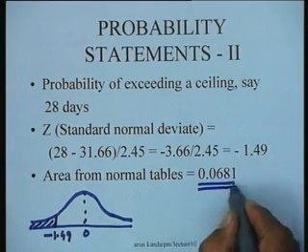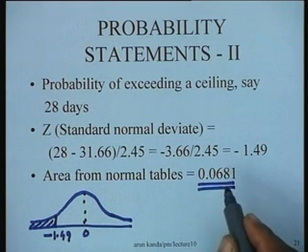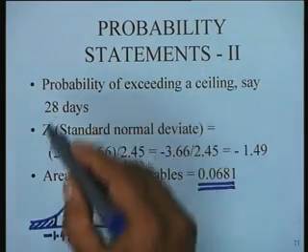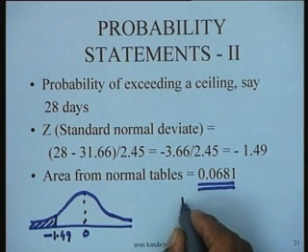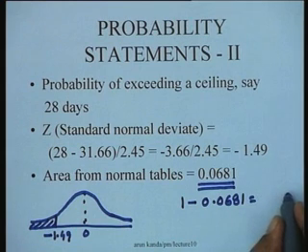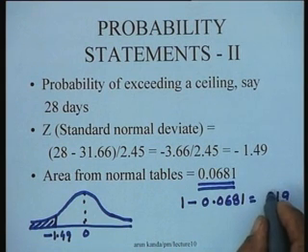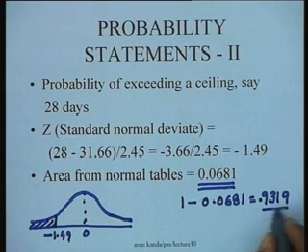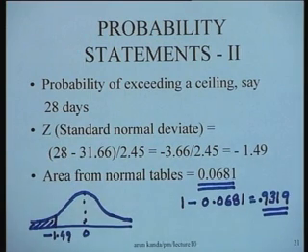So corresponding to this, we can say this is the probability that this is less than this. You can work out both. The area that we have worked out here is this particular area. If you are interested in the probability of exceeding this value, you are actually interested in 1 minus 0.0681, which in this particular situation is going to be 0.9319. So 0.9319 would be in fact the probability that you exceed that particular value.